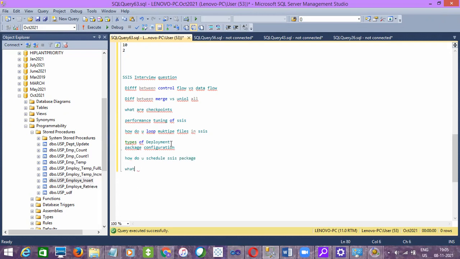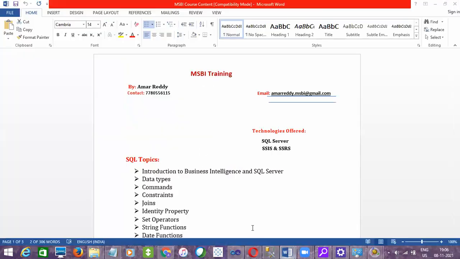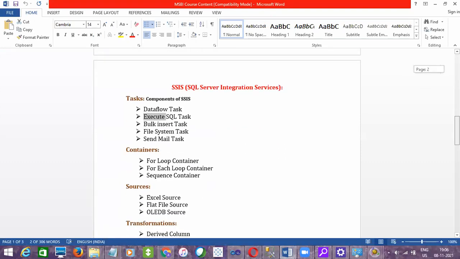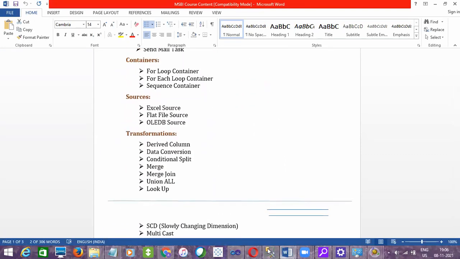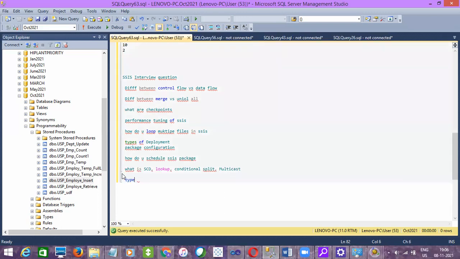And what is SCD, lookup? Mostly they'll ask you conditional split and multicast. I think mostly that's it in SSIS. And then containers, types of containers. I think these are the interview questions they'll mostly ask in SSIS, so try to prepare.